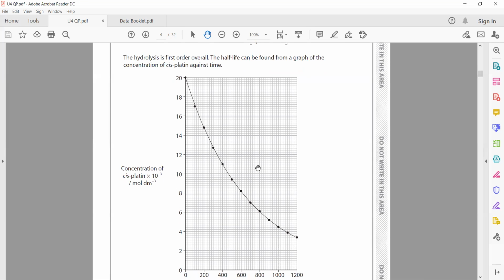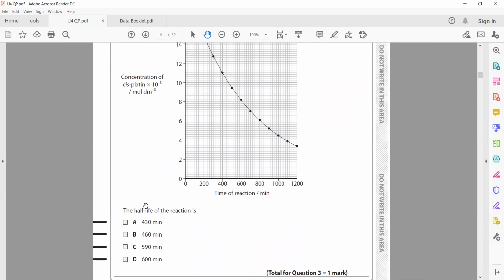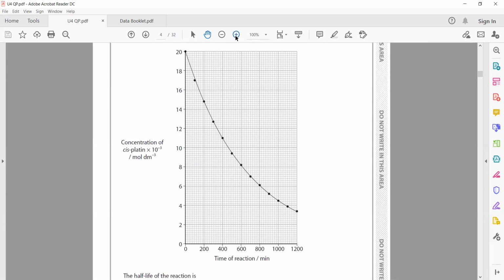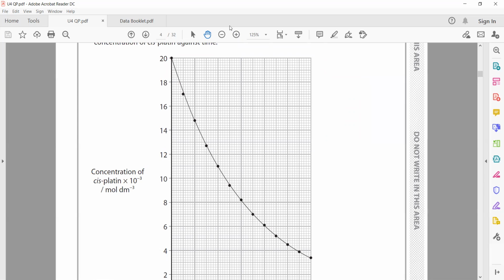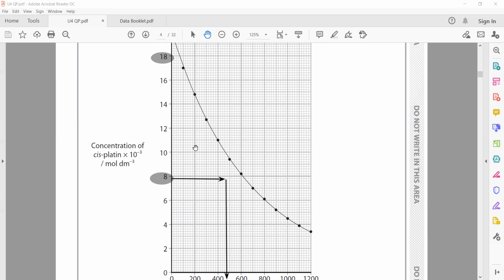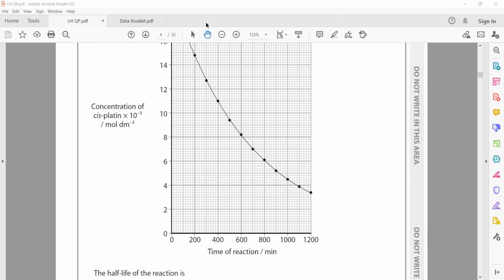So cisplatin concentration is there against time, and the half-life of the reaction. So how to work out the half-life? Originally, if you take the first value, it is 20, then half of 20 is equal to 10. So what you have to do, you have to draw a line from 10 and work out the time interval. Each box is representing 20, because from 0 to 200 there are 10 boxes, so each box is representing 20. So when the concentration changes from 20 to 10,